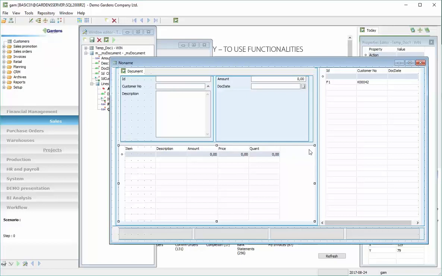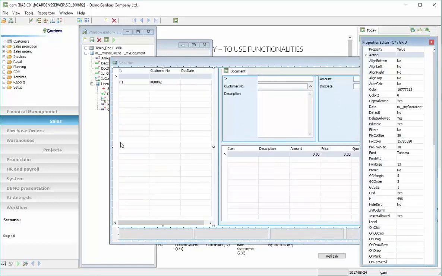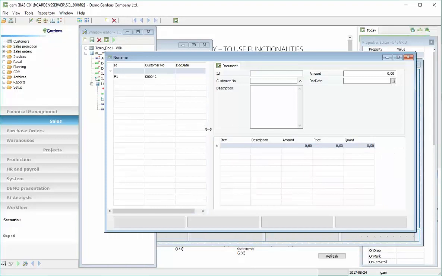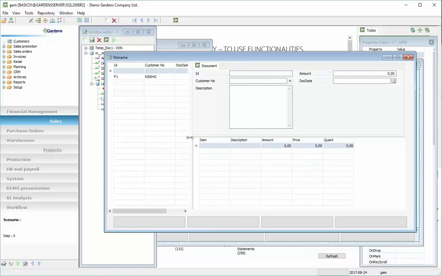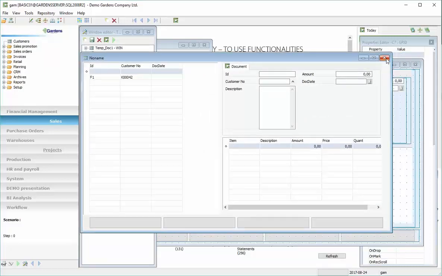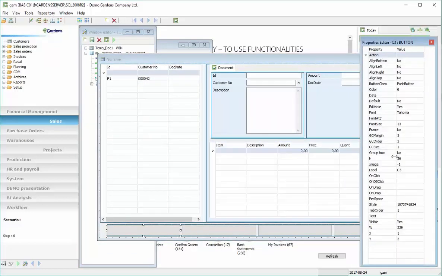Okay, now let's switch sides of the document list and see it on the left side of the window. So here we have all of the documents, and on the right we have details and list of items of the document. In the bottom part of our window we have buttons, and here if we click we can set properties to our button. So in label we can add